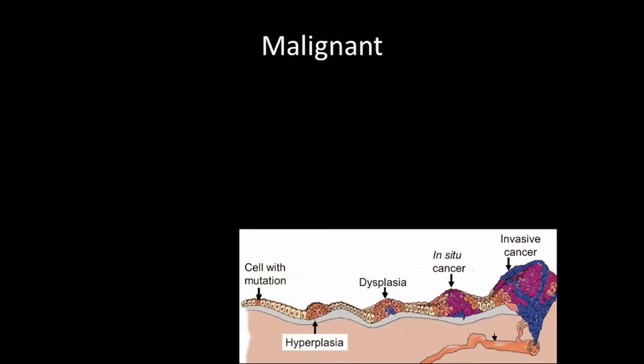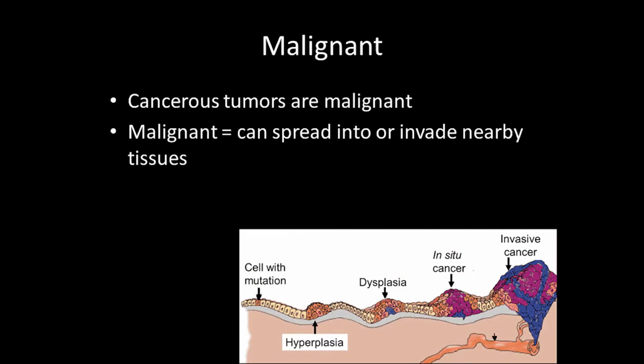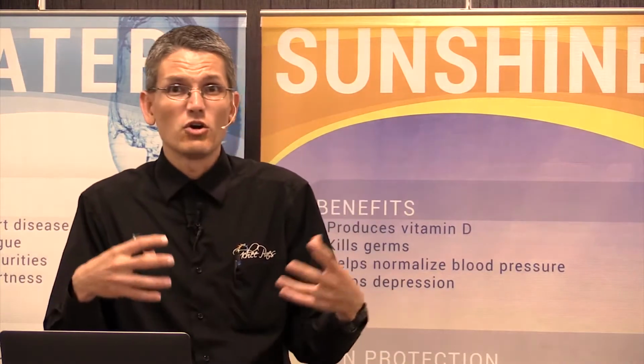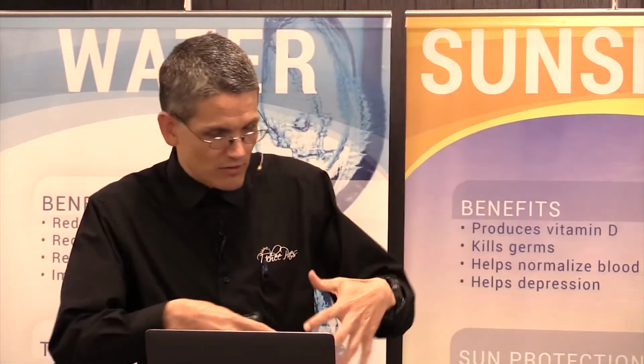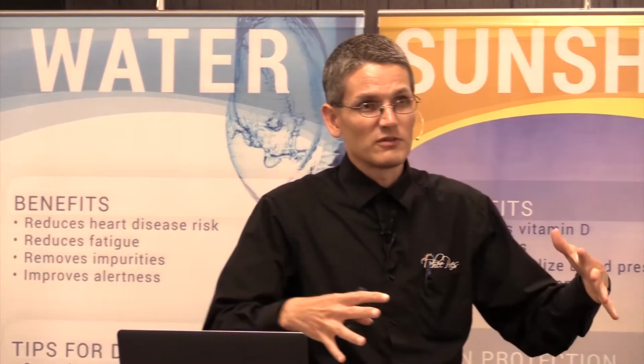Now, what does it mean when a cancer is malignant? It means that the tumors can spread into or invade nearby tissues. So we have an idea of malignancy down here in the caption or the picture on the bottom. You have a cell that has this mutation. It begins to grow, and it doesn't respect its neighbors around it, and it just keeps overgrowing. And as it overgrows, it starts taking over more territory around it and invading some of the other tissues that are there. That's called a malignant tumor.